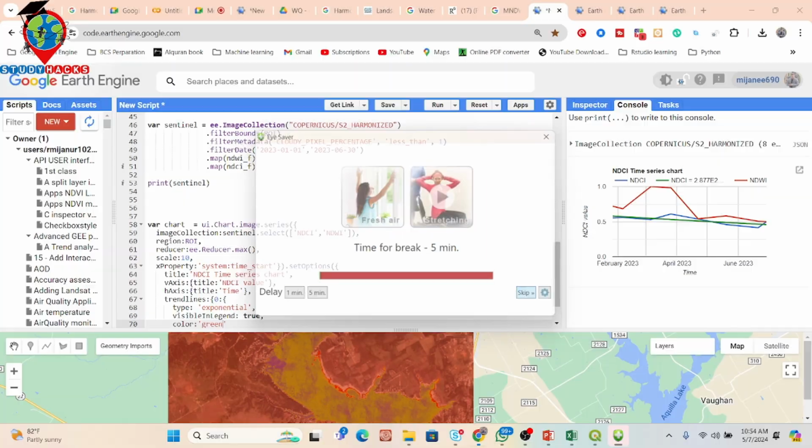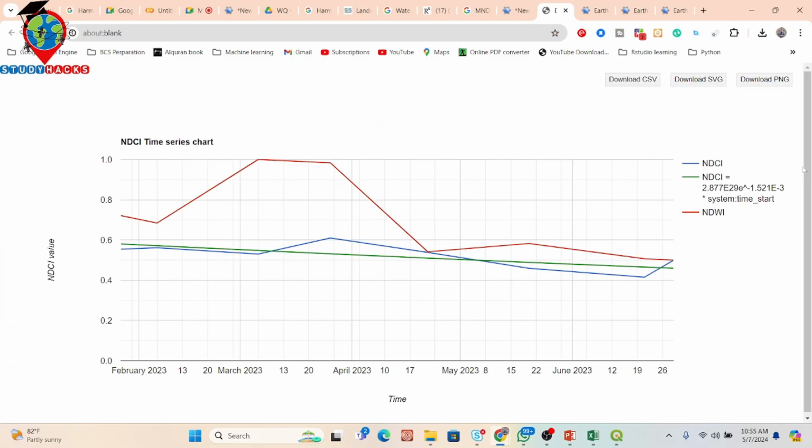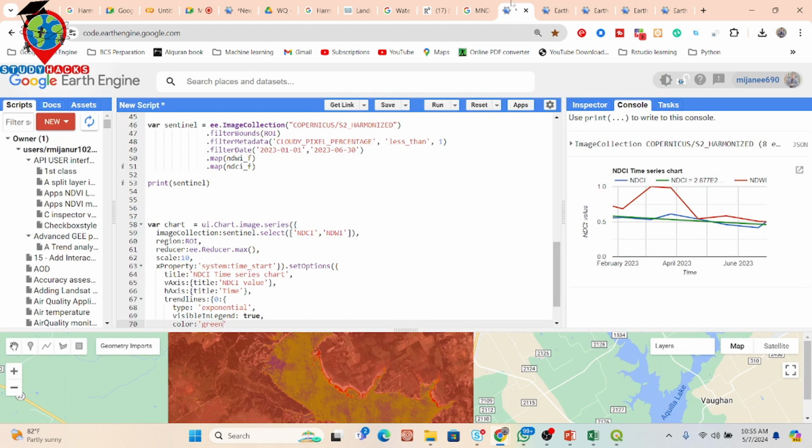So now here you can see it creates the green color trend line that we can get from here. As well as, if you want, you can also change the chart type. It's called exponential. If you want, you can also put the polynomial here. So suppose polynomial,